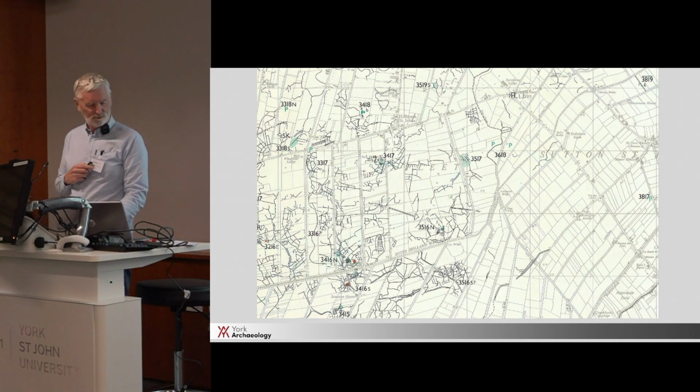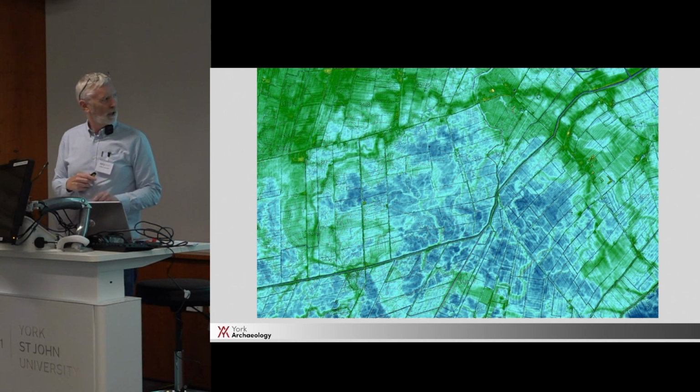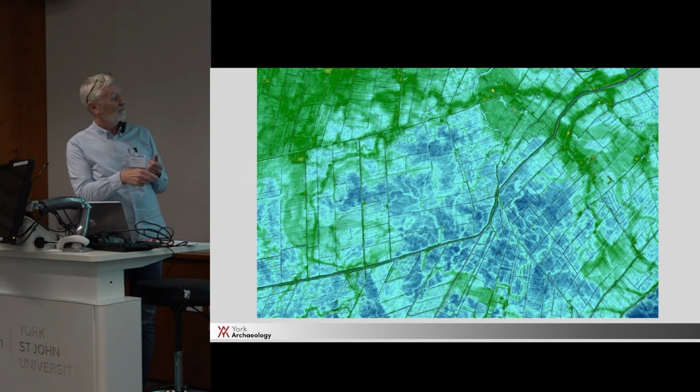So this is another chunk of very similar stuff. This is a scheduled monument, earthworks of this Roman settlement still survive. Again on this mapping, we've got this sinuous channel form running out that way. And actually rather better if I take the crop marks off this one. You can see this silt fill feature, well, it's not natural, it's coming to these Roman settlements. And if that's artificial, then it really looks as though this watercourse is feeding it. This is a sort of Roman river, effectively,